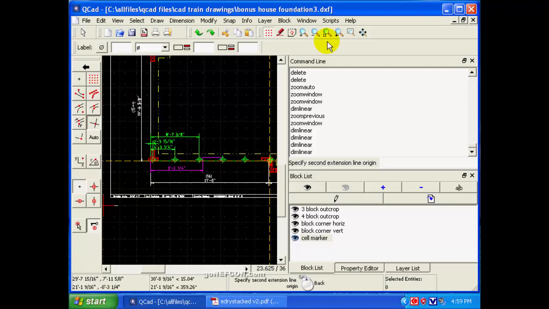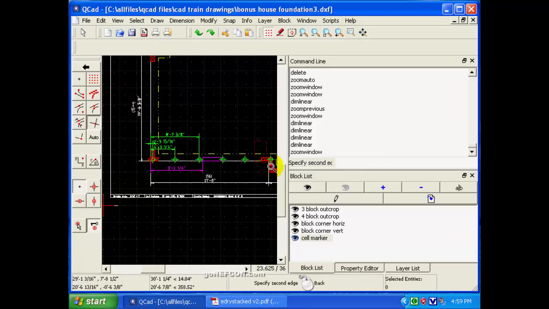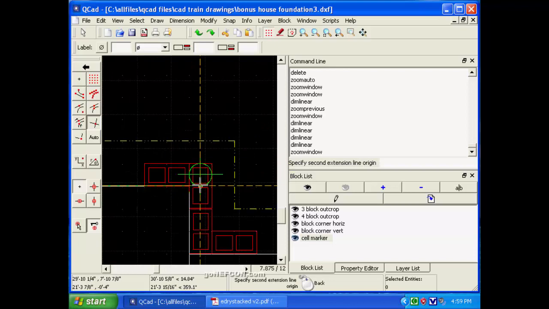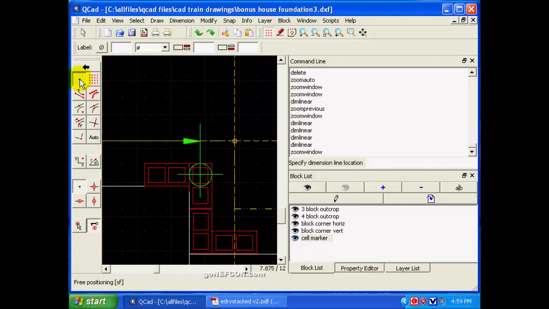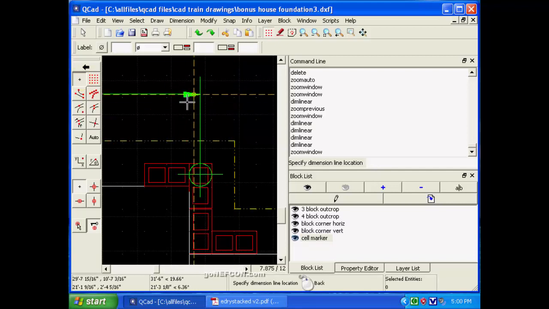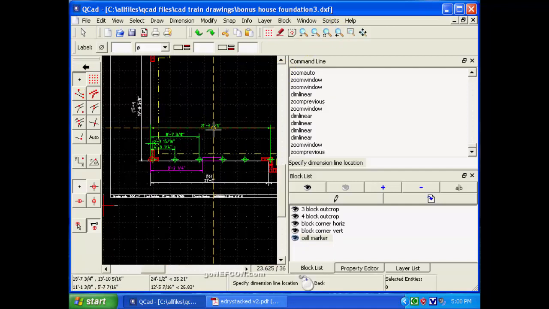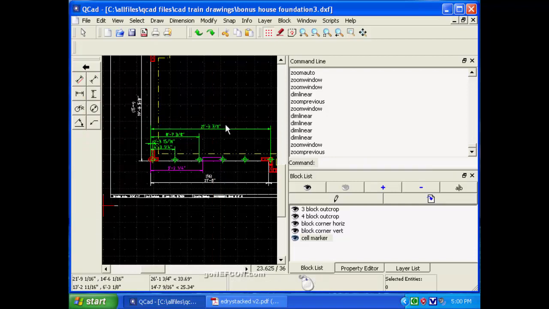Notice that's getting harder to see, so we'll zoom in a little bit on that. So right here on that point, we'll take him up. Now that I zoomed in, I can't see. It's got to back out, place dimension. So as you can see, it gives us all of our dimensions now. So this one right here